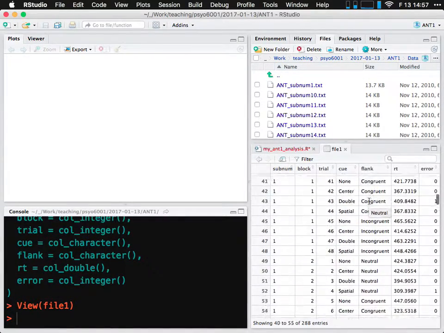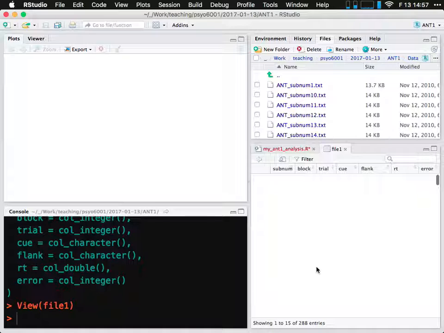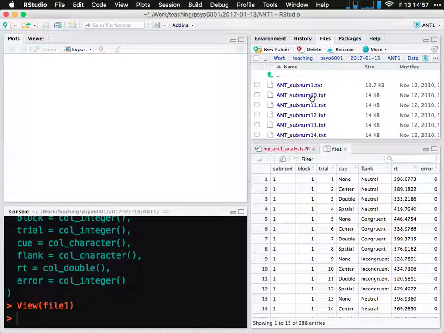So in these experiments, we usually like to observe a lot of observations per person and per combination of conditions that are of interest. So there's 288 observations from this person in this experiment. And presumably we have the same number of observations or a similar structure to the data set for each one of these people. So I want to read in